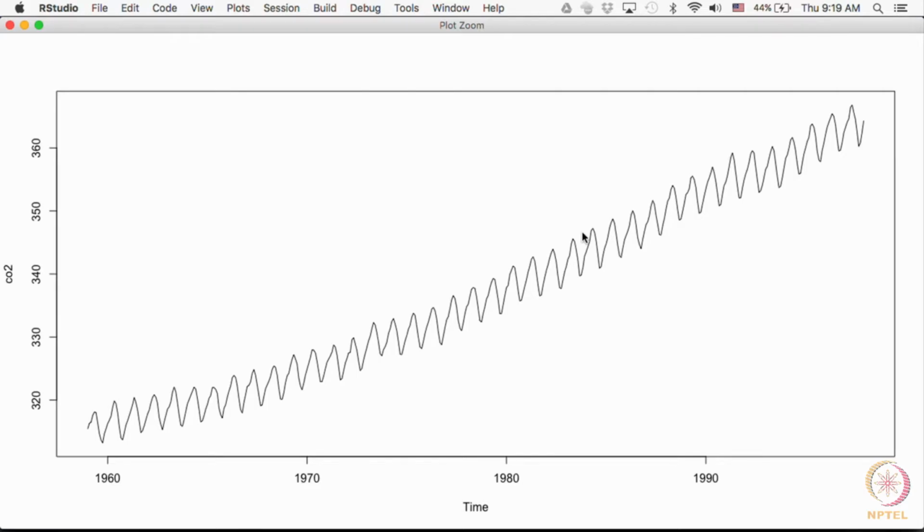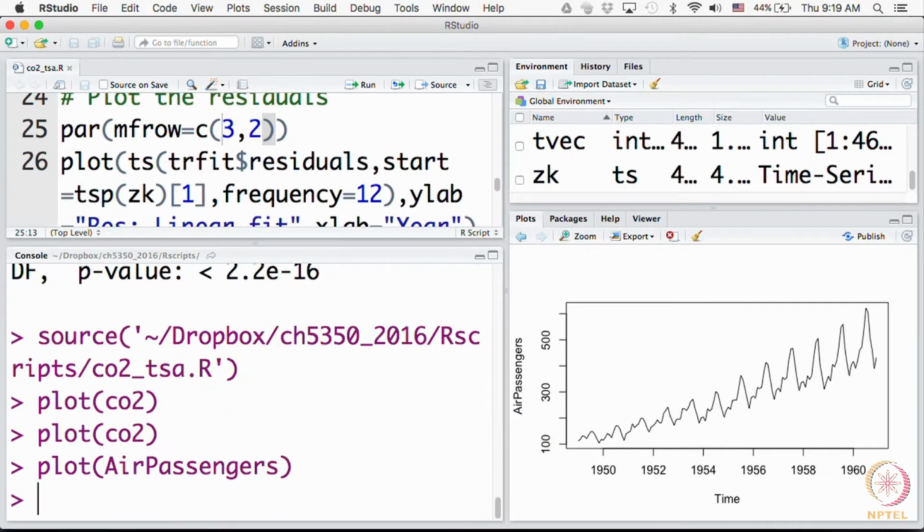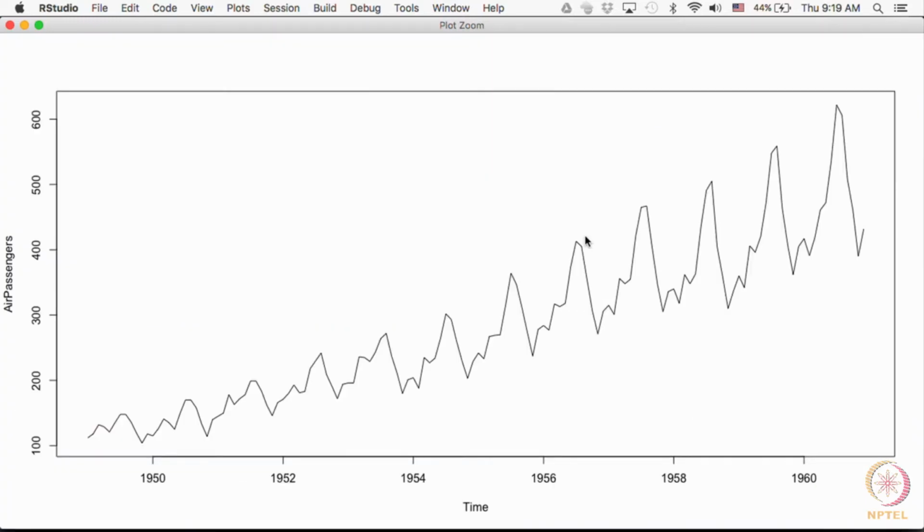Right, correct. So, the additive model is suited. Why? Because the amplitude remains the same for the periodic part. On the other hand, if you were to look at the air passenger series, what do you think here? Here a multiplicative model is better suited, all right.